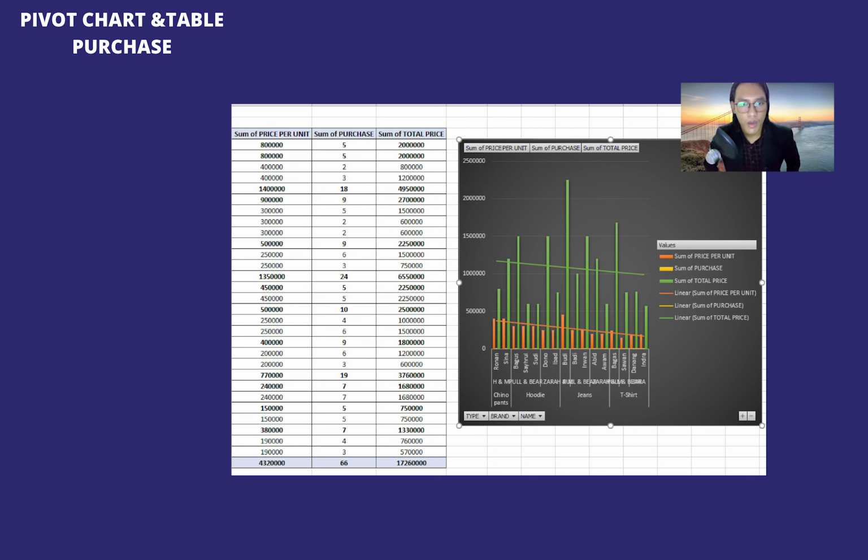Okay, pivot chart. A pivot chart is the visual representation of a pivot table in Excel. Pivot charts and pivot tables are connected with each other. In this project, we use pivot chart and pivot table for the purchase table and transaction table.